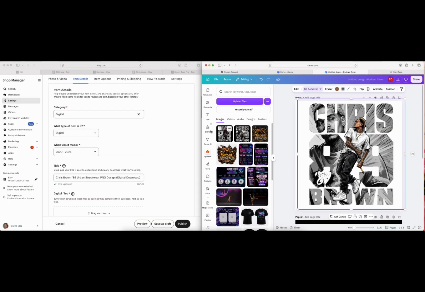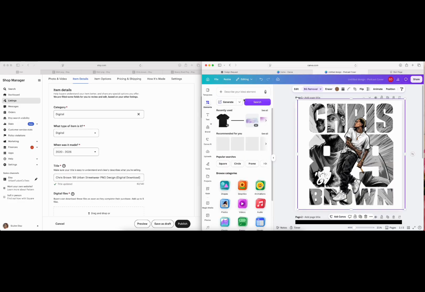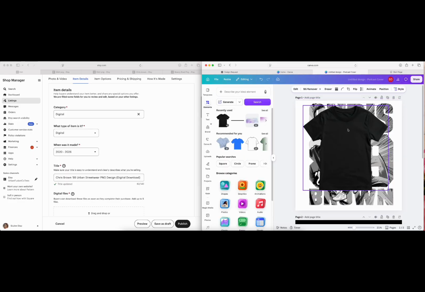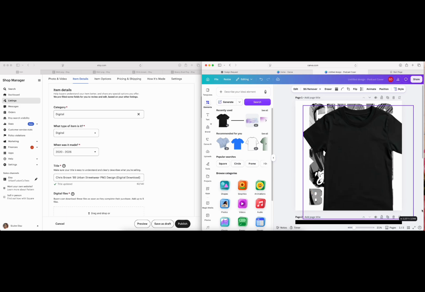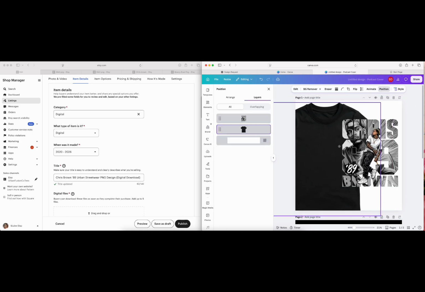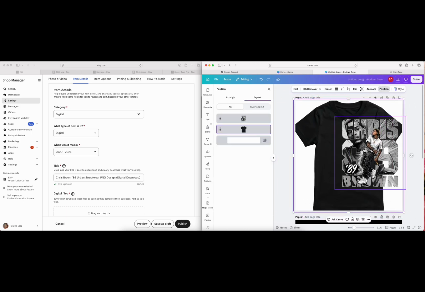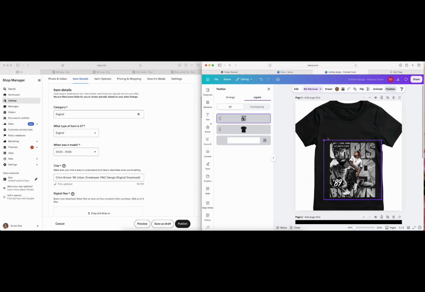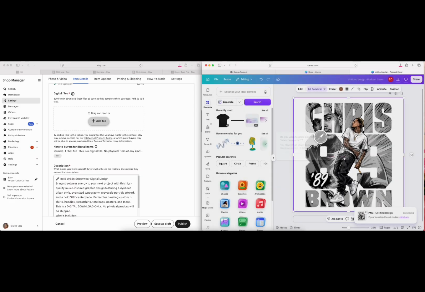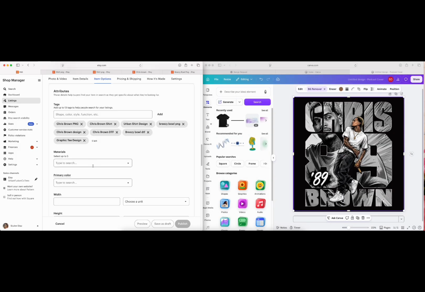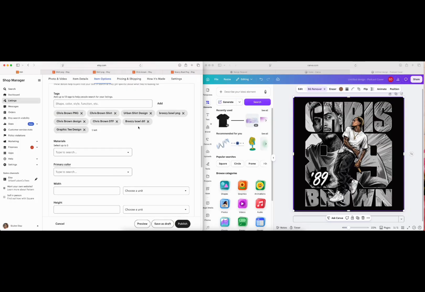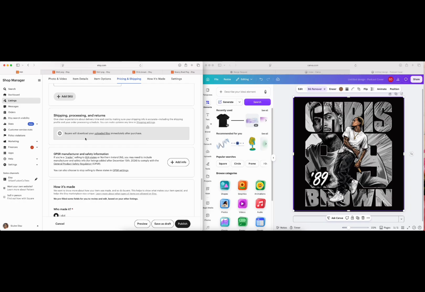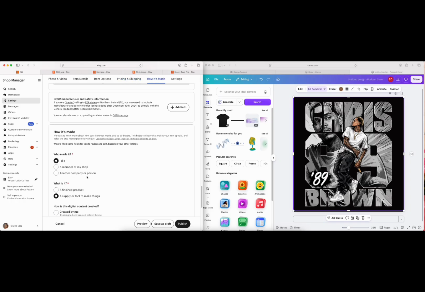I also opened the design in Canva to make sure everything looked sharp, centered, and correct. Once I was happy with it, I downloaded the final PNG at high resolution, around 3000 pixels, which is perfect for digital design files. I went ahead and went back to Etsy to make sure everything is laid out the way I wanted. I changed a few settings and made sure that my digital design was in the file that